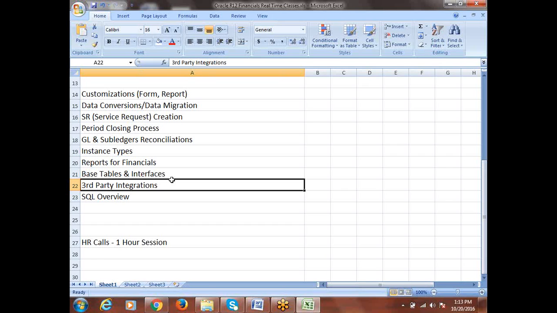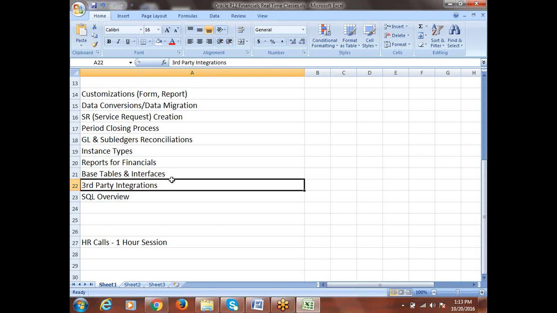That iExpense application has an inbuilt integration with payables. That means instead of creating the expense reports in payables, you can create them online. That is a web application. You can create it and implement your approvals. Once that is approved, you can import that expense report information into payables as an expense report invoice.